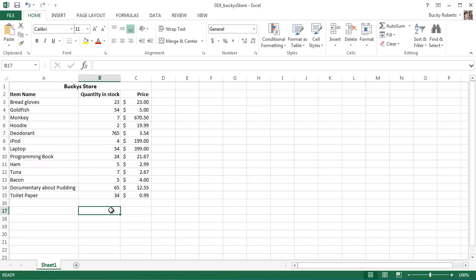So now that I talked to you guys about the built-in functions that come with Excel and how they work, I also want to mention this. Anytime you want to use a function that's built in but you don't